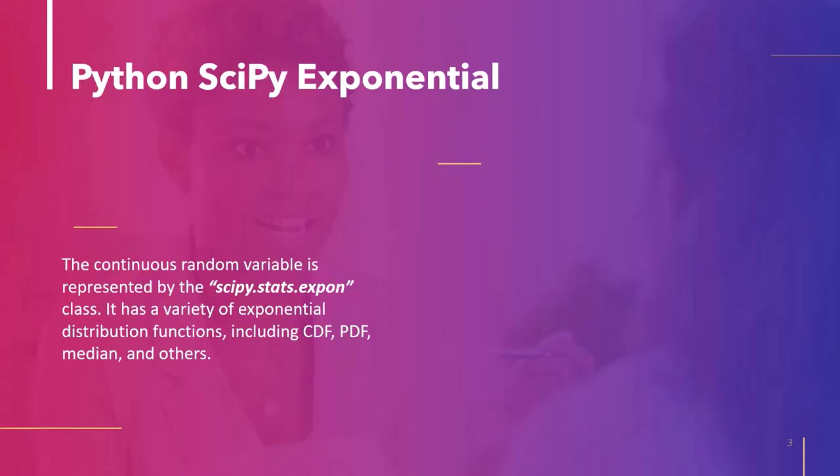The scipy.stats.expon represents the continuous random variable. It has different kinds of functions of exponential distribution like CDF, PDF, median and etc. It has two important parameters, loc for the mean and scale for standard deviation. As we know, we can control the shape and location of the distribution using these two parameters. The syntax of the method is as follows: